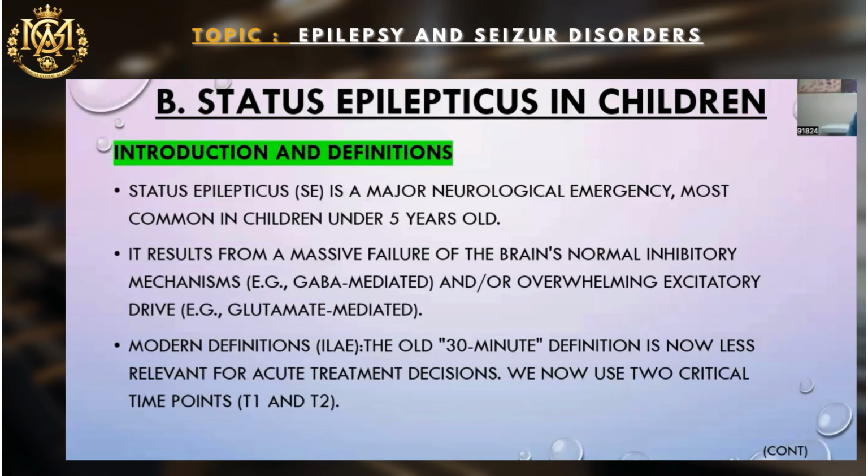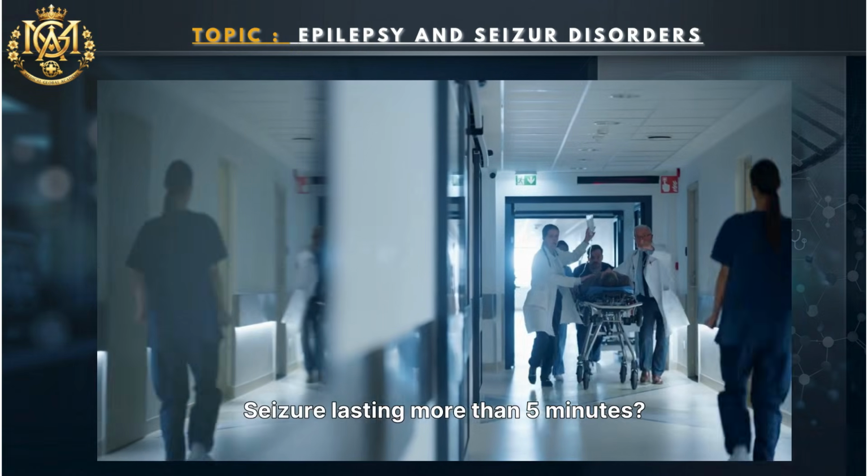Now the scenario has changed. Earlier, the definition was that a seizure lasting less than 30 minutes is known as a seizure, and more than 30 minutes as epilepsy. This was the old definition and is not valid now. Instead, we use two critical time periods for defining any type of seizure. A seizure lasting more than 5 minutes